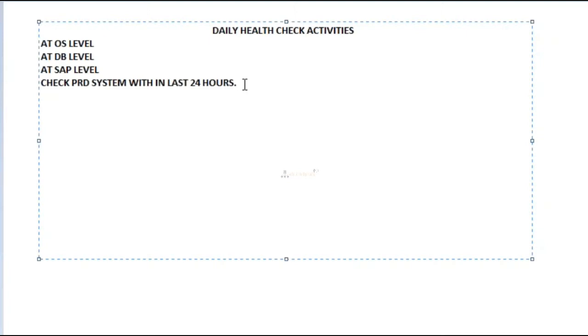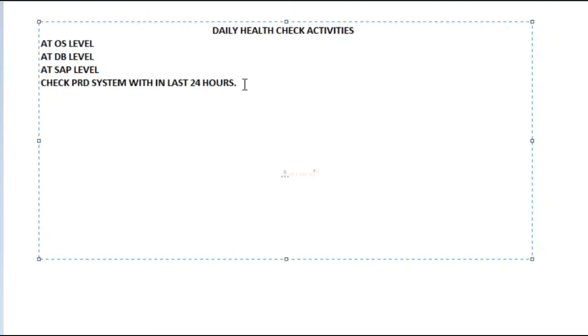So that is what we can cross check at operating system level and at database level. At database level: how are my table spaces being utilized, what are my table space sizes, is any table space going to be full, 99%, 100%? Are there any missing indexes? How are my backups running? Was my last backup completed successfully? So these are the various ways we can work at database level.